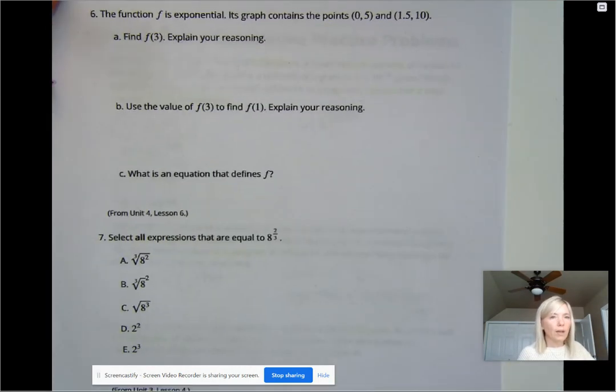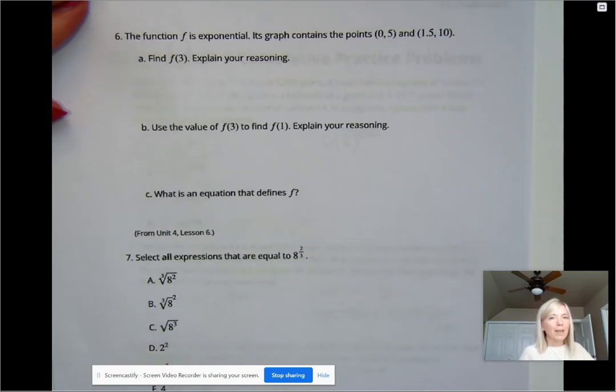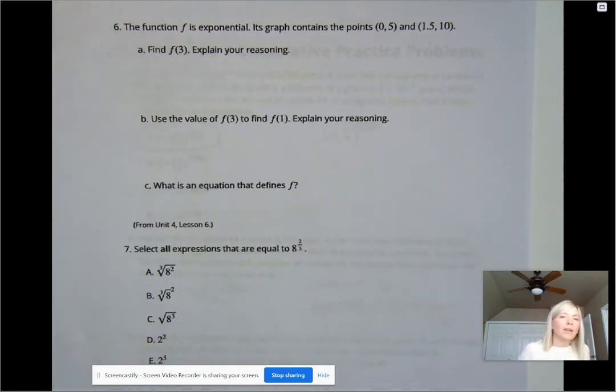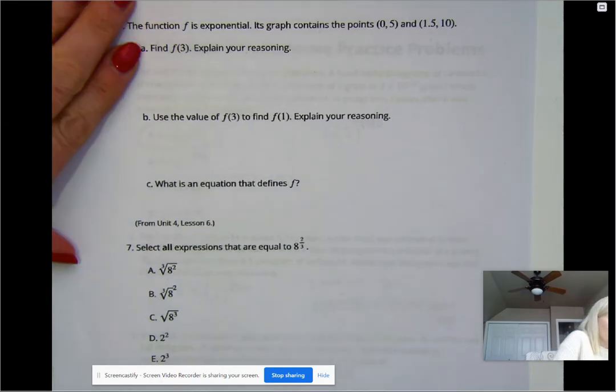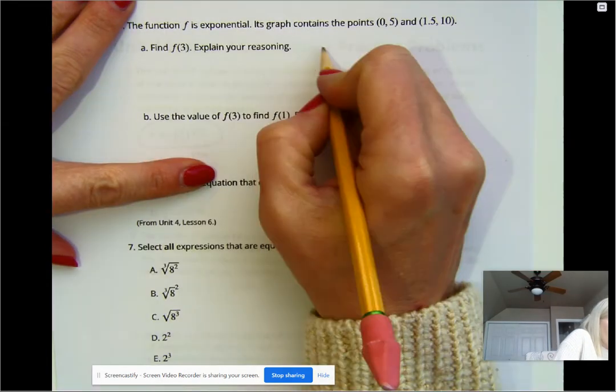Oh, we're almost done. Number 6, the function f is exponential. Its graph contains points (0, 5) and (1.5, 10). Find f of 3. I'm going to use a table to find f of 3 because, so I have like